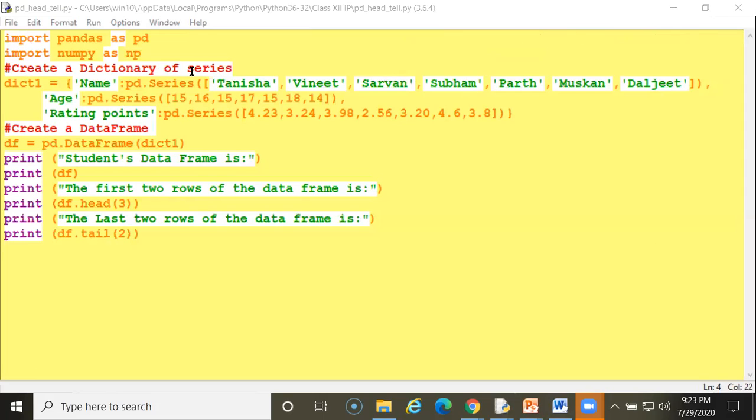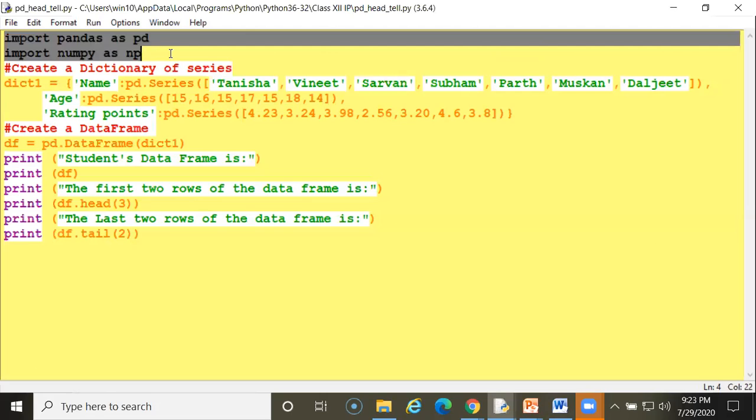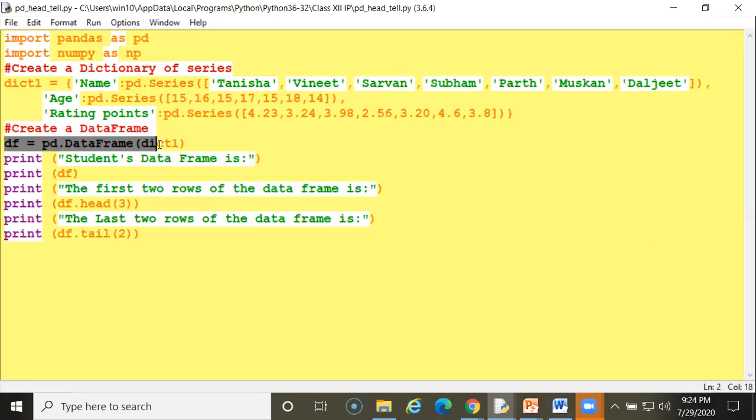So simply we see how the simple program works. This dictionary you have already done in class 11. You just need to import. Before importing you must install in your DOS prompt, and now you have to create a data frame with which you are assigning the value, that must be created in a data frame with dict1.